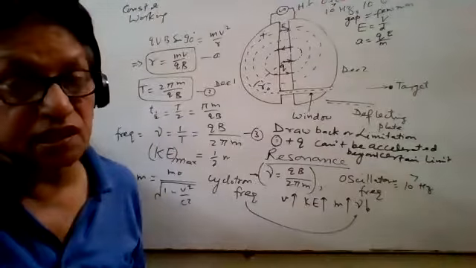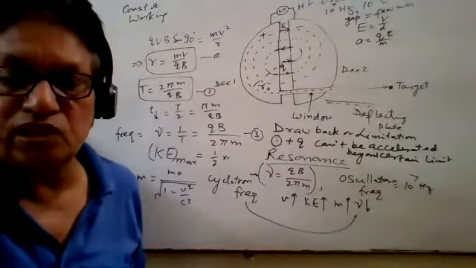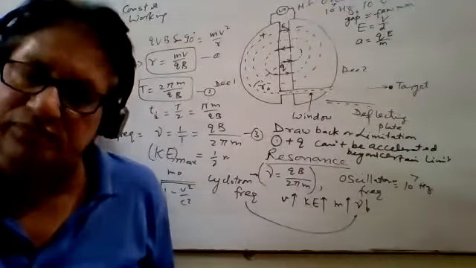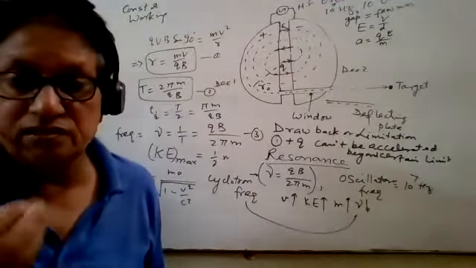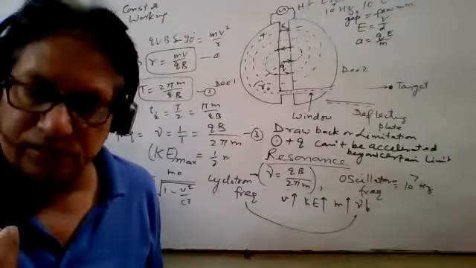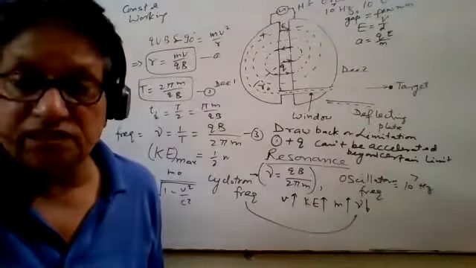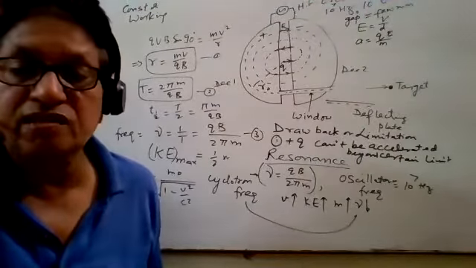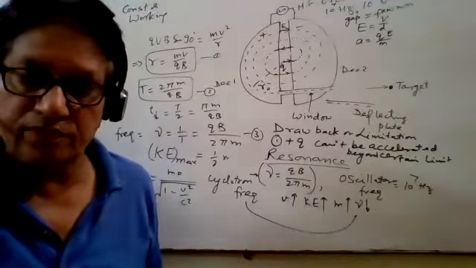And it depends on the value of current. If current is more and more, torque is more and more, and deflection is more and more. If current is very small, deflection is less. So torque is less, deflection is less. It means with this device we can measure small current, even microampere current. In a ballistic type galvanometer, nanoampere current can be measured easily and accurately.